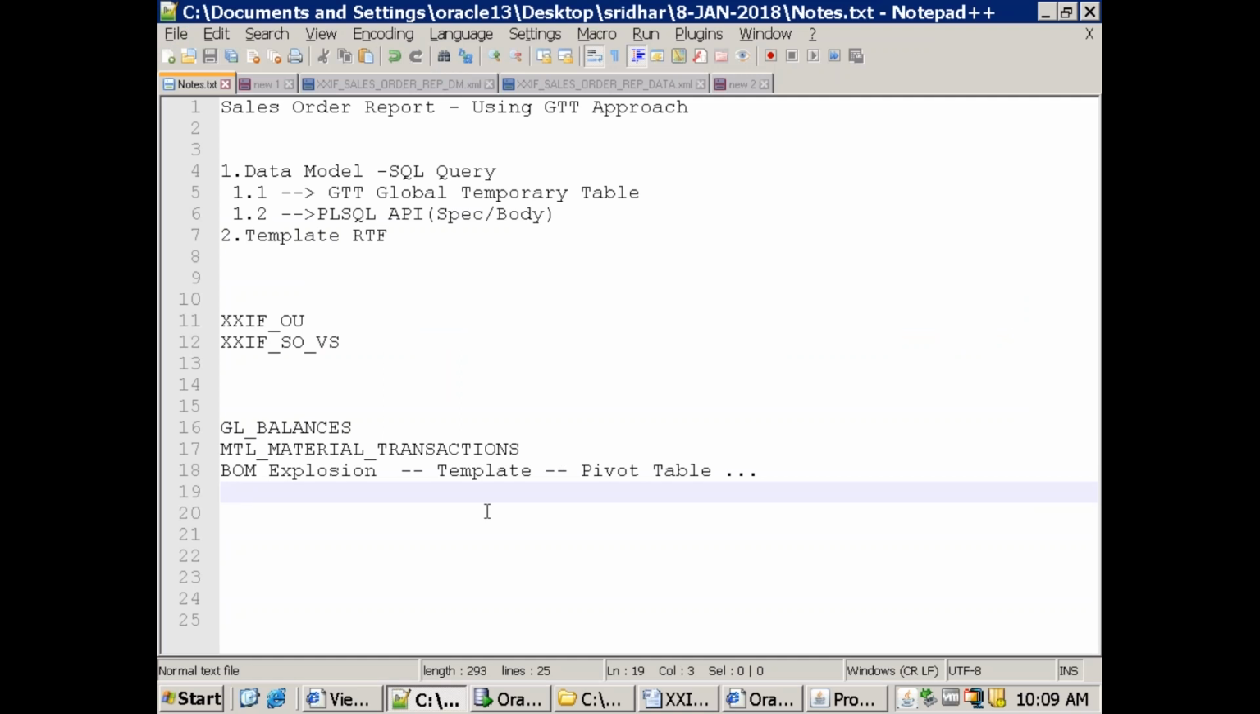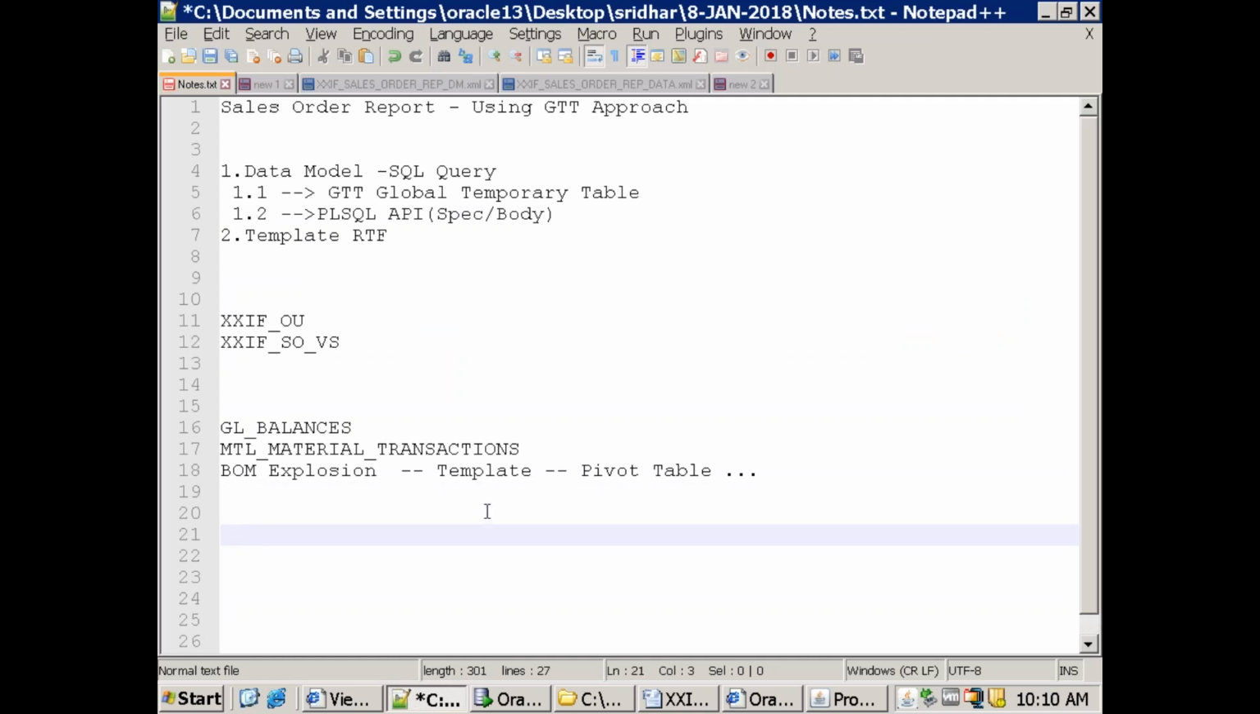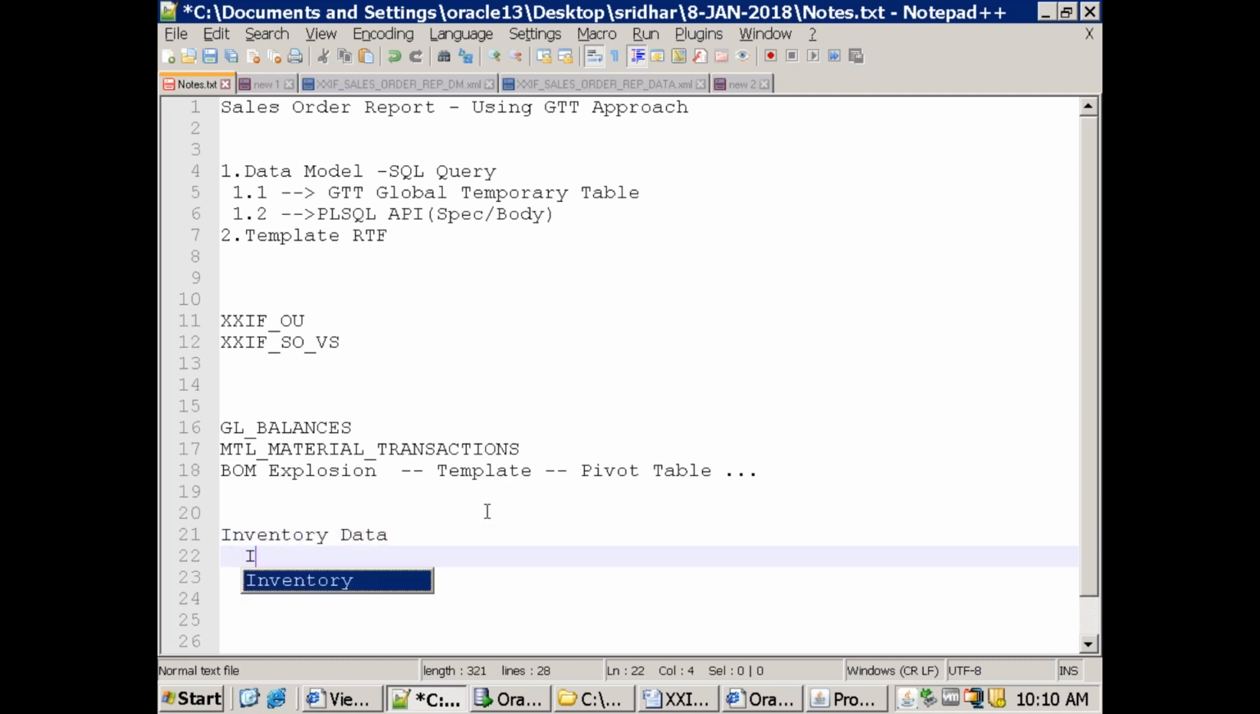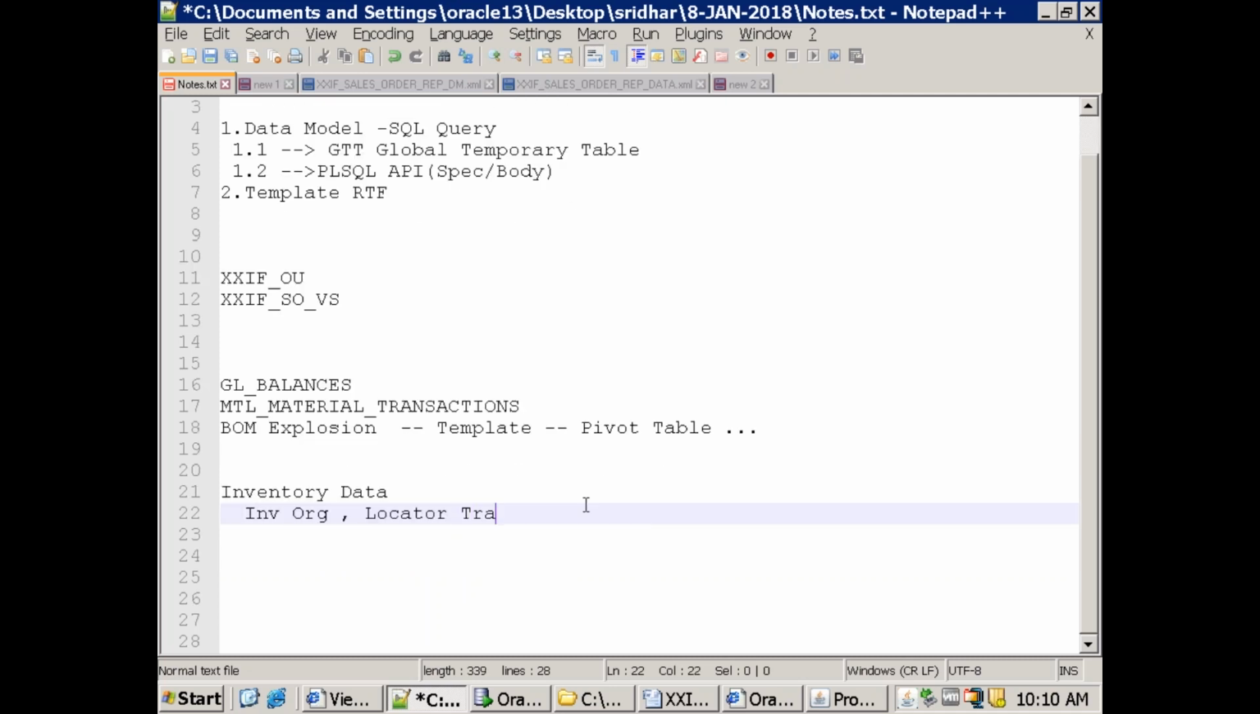So why do we generally go with the pivot table? I'll tell you one scenario. Assume that you have your inventory data. In the inventory, the first top level is your inventory org, right? And the locator. Assume that the locator is also there. And now there is something called transactional date. Now the requirement is